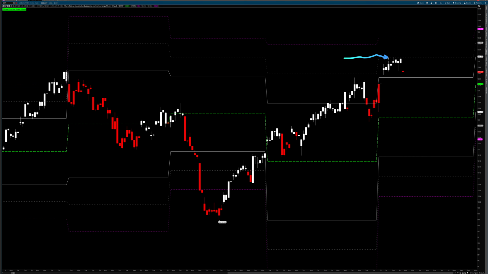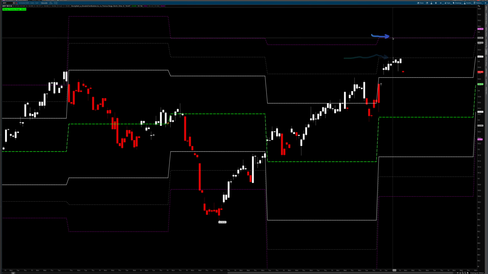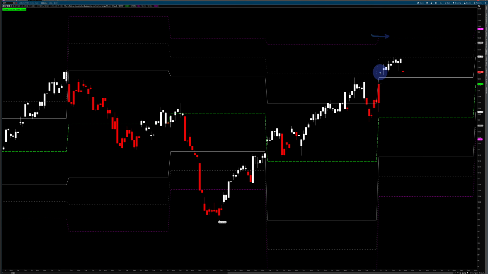Somewhere around here we just hit this pivot, which is 105. There's the next one here, and it's going to grind higher to 105.80. So far it looks like it wants to head there, unless this is it and then it starts going down. Then you're going to find support somewhere around 103.09.